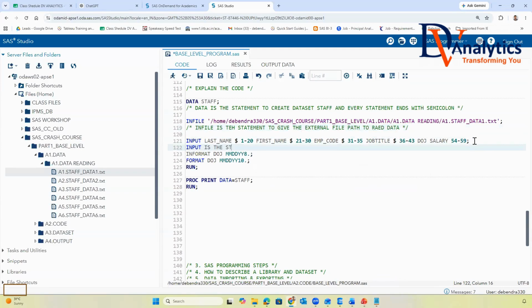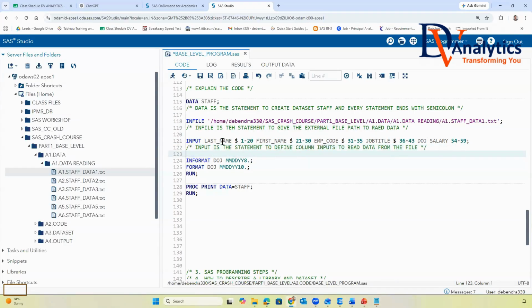Input is the statement to define column inputs to read data from the file. In an input statement, a variable followed by dollar means character. A variable followed by nothing means it is a numeric field.